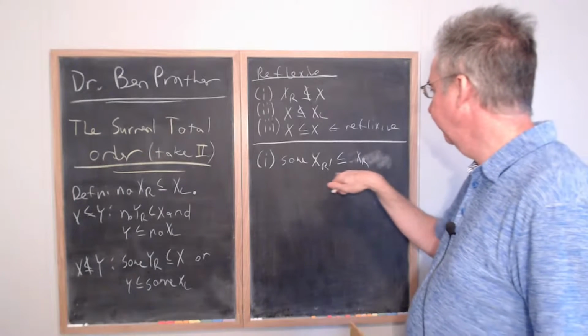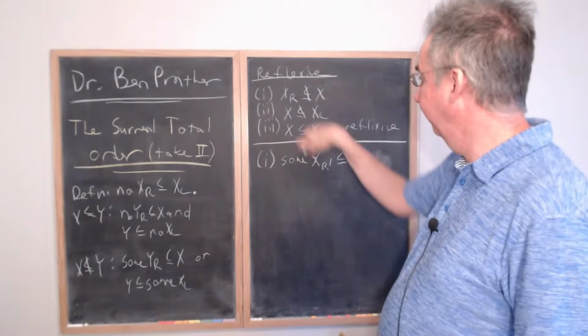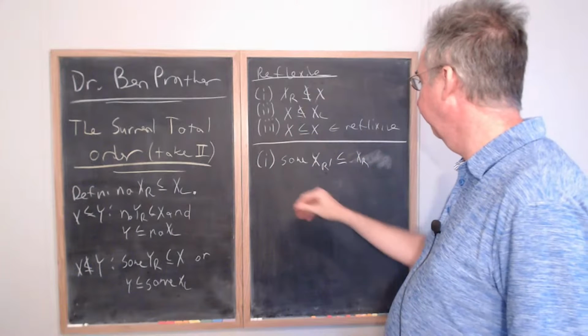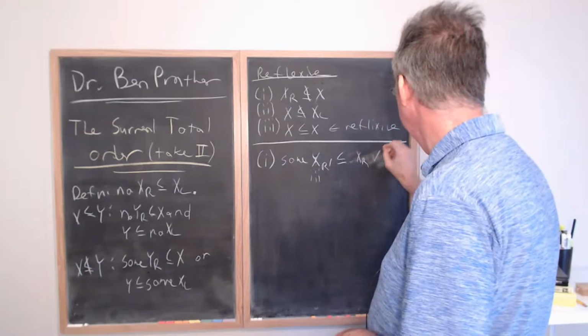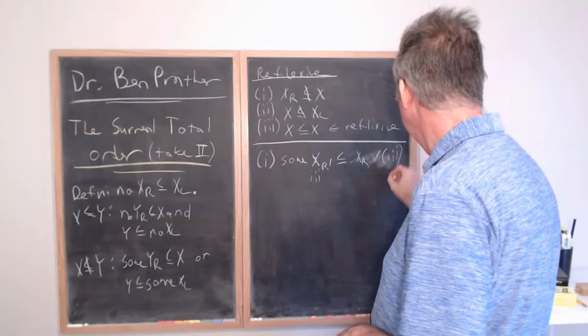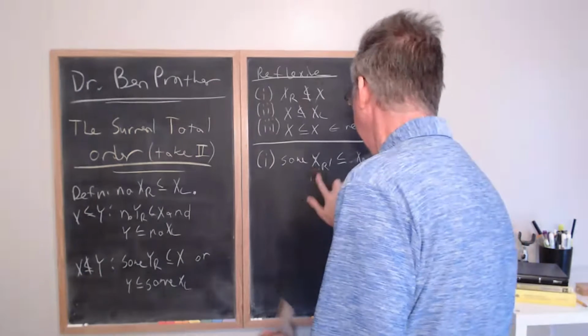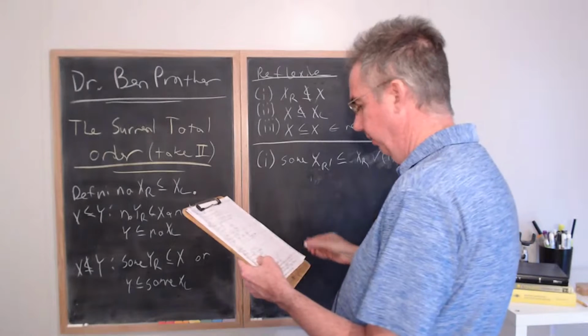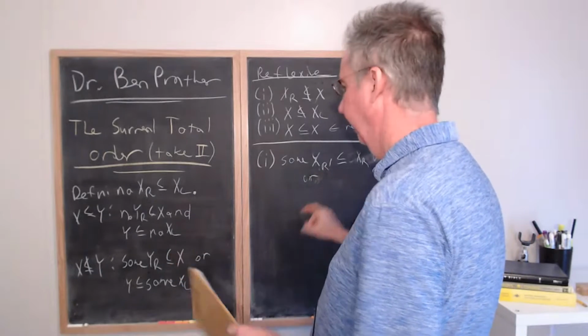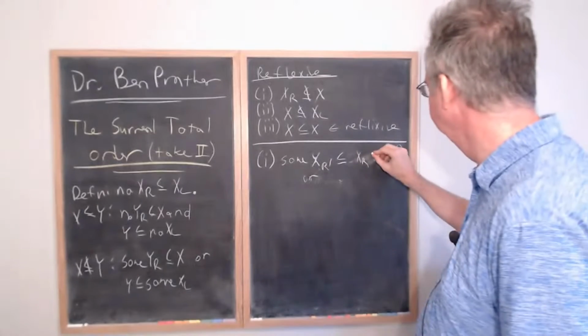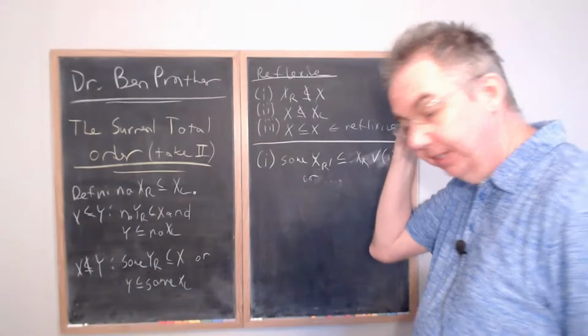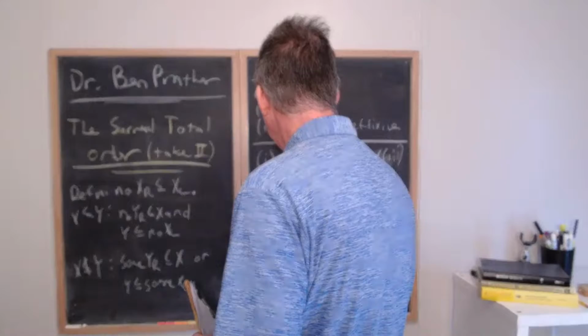Well, this is true because I could choose the x sub r to be in fact that, and then by 3, this is true. Or, I don't care about the other condition because with an or statement, as long as that one is true, we're good. And similarly for 2,